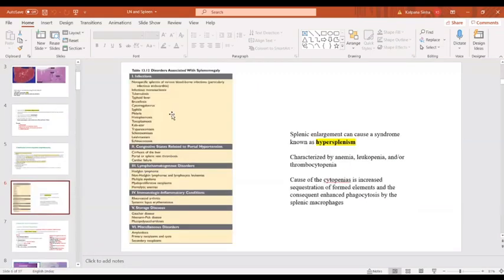Then coming to the causes of splenomegaly, the division is the same, like infectious causes, among that tuberculosis, CMV, infectious mononucleosis, Kala Azar and malaria are very important causes. So remember some of the most important infectious causes of splenomegaly. They are most frequently asked in the vivas.